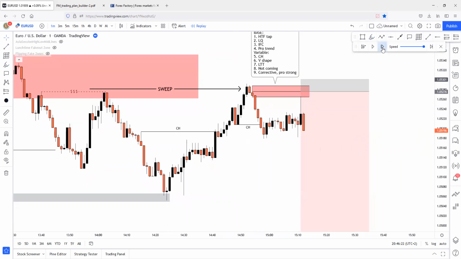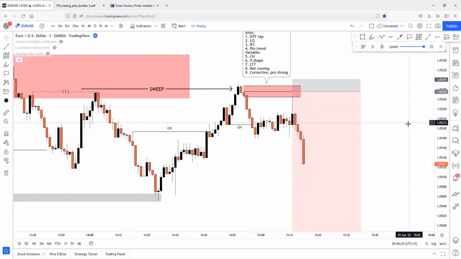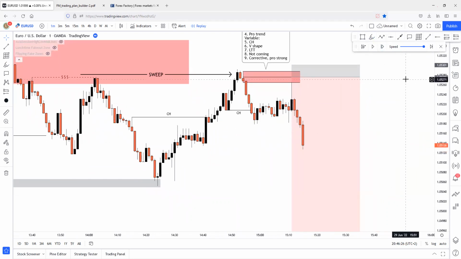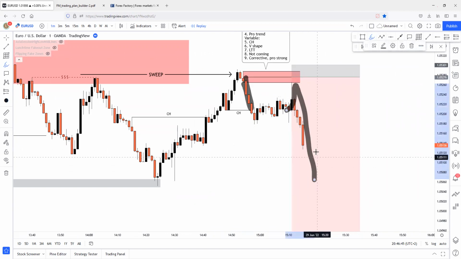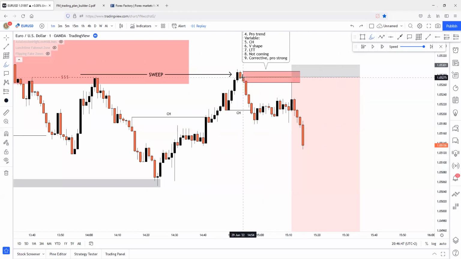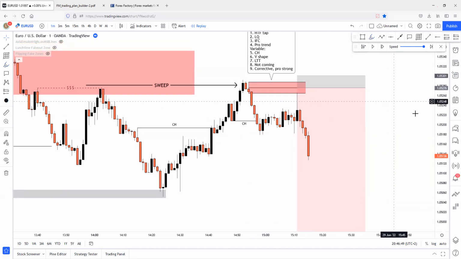So let's see, price just mitigated the full body and reversed to the downside. Yeah, that's what I was talking about. If I want to be in the trade and make sure that I will be in the trade, I'm just setting a limit order on the 50% and then the full body too, because this is the safest and best way to actually book profit. Because as I said, this huge inefficiency has a really high chance that after it is filled up, price will just reverse immediately to the downside. It won't come up to this 50%.